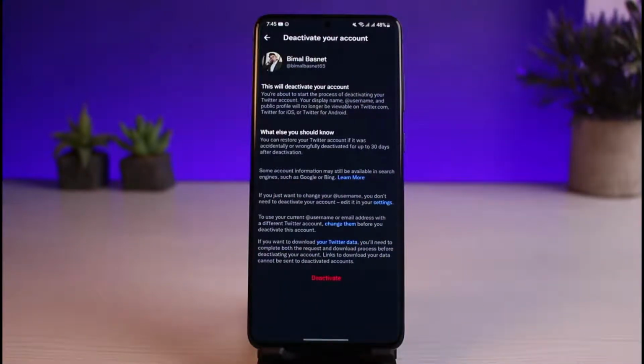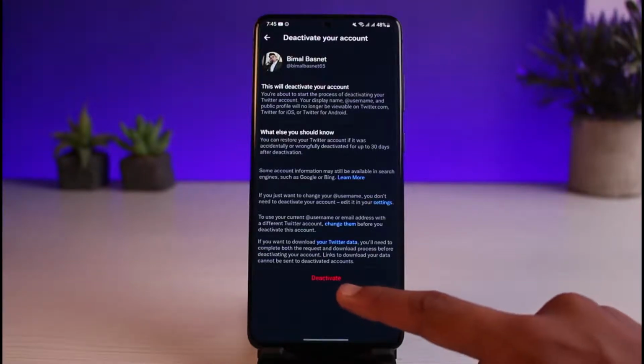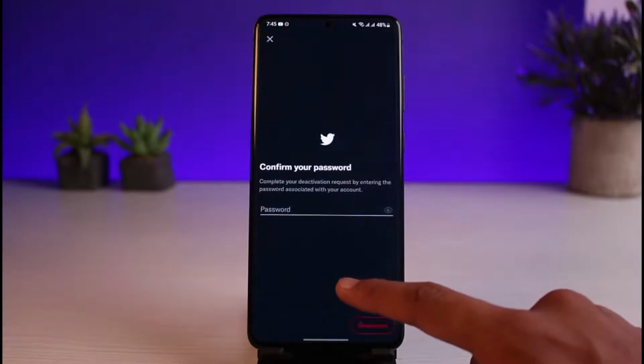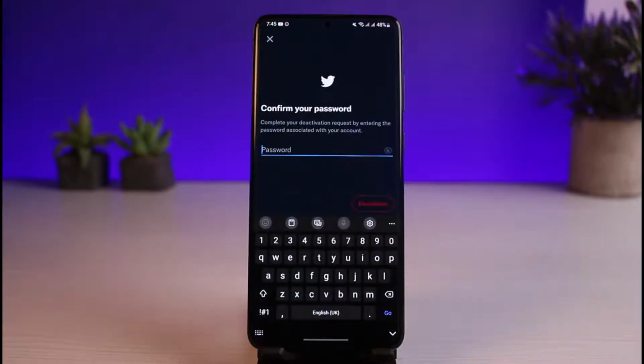Once you tap on Deactivate Account, you can see it says this will deactivate your account, and what you can do is tap on the Deactivate button at the bottom of the screen in order to confirm the changes with your password. The reason I'm telling you to deactivate is because there isn't a direct option to delete it, and